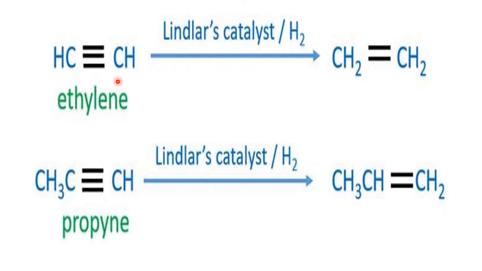alkyne, triple bond. Always in 11th class, if I speak of alkenes, it means a simple alkene with only one double bond. And if I speak of alkyne, that is a simple alkyne which contains only one triple bond. Complex examples with more double or triple bonds are not there for 11th and 12th. So we have taken a very simple example of an alkyne.